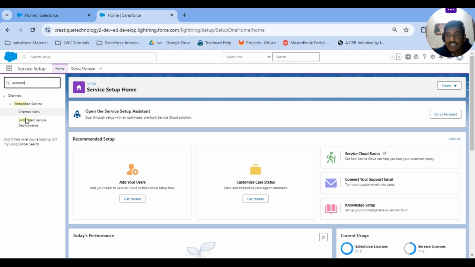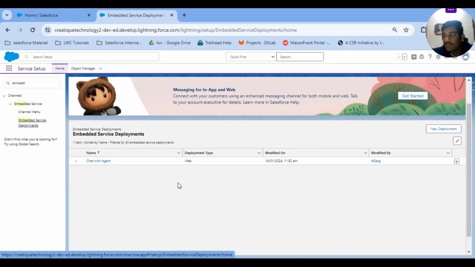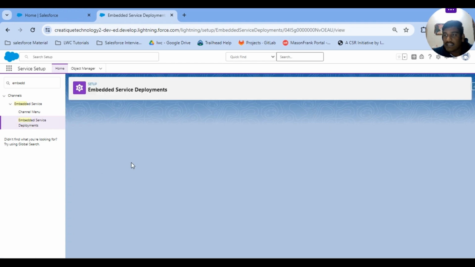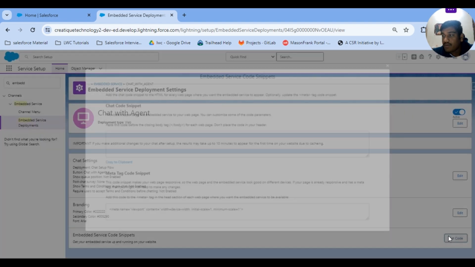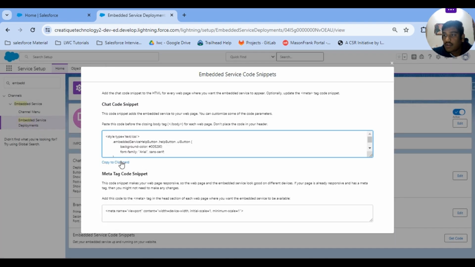This is called embedded chat. So you can see this chatbot in the embedded service deployment. This is what we have created. Just open this chat with agent. Earlier we saw one code. If you did not copy that code at that time, you can copy it right now. Just click on Get Code and copy to clipboard, and